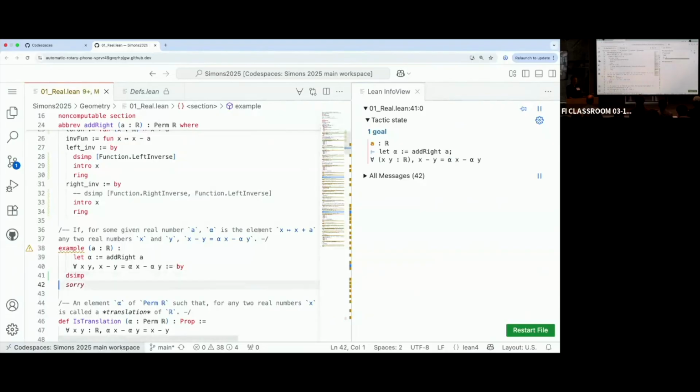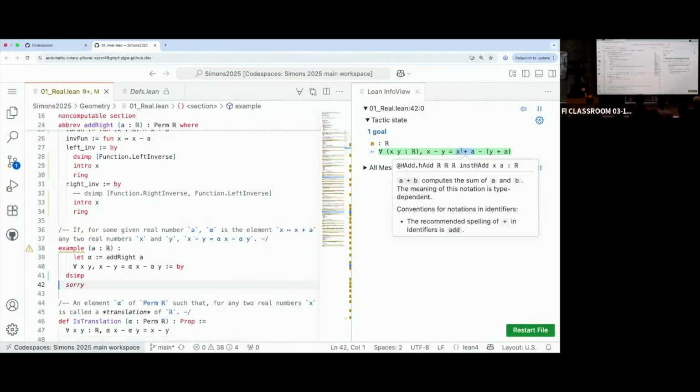Okay, so I hit it with my simplification, and maybe this is a good time to mention one interesting thing. You can see there's no parentheses around the x plus a. That's because by default, Lean parenthesizes to the left. So if there's an operation like a plus and an operation like a minus, it implicitly puts parentheses there. And if you ever forget about Lean's grouping convention, you can hover, for example, and you can